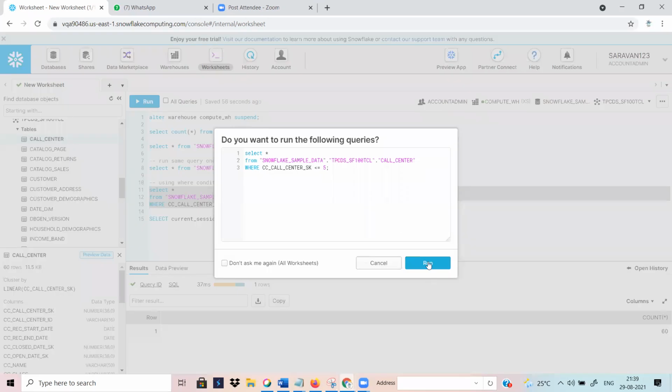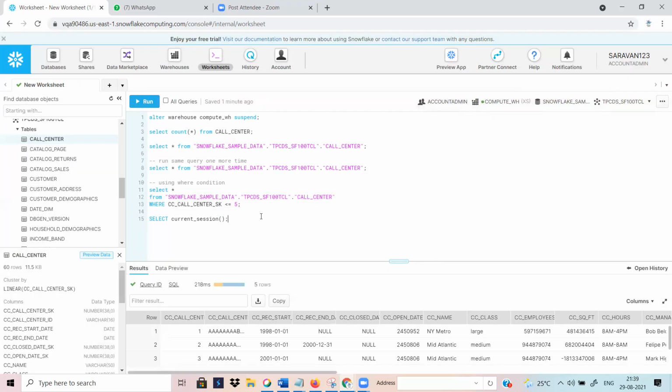I run this query. What happened here? It is the same query, and you are just passing the filter condition, call center sk less than or equal to 5. This query was already run, and it was already moved into the result cache.